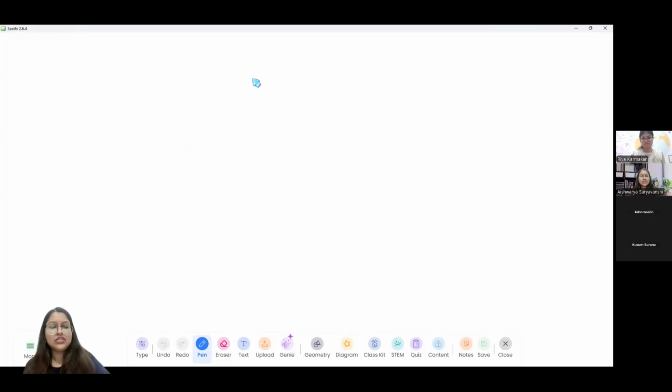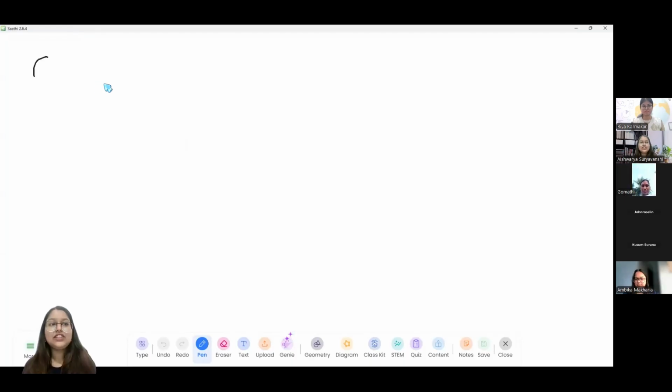So when you open the whiteboard, you can annotate from here. You can teach your students, right? One of the most loved features of the whiteboard is the Sathi Genie option that allows you to get different resources. So for example, if I'm a science teacher and I'm teaching the cell concept to the students, I have this toolbar at the bottom of the screen. I can use this toolbar to teach that concept in a very creative manner.